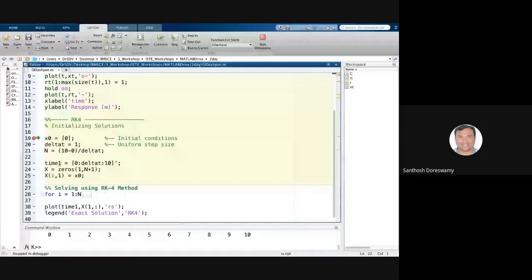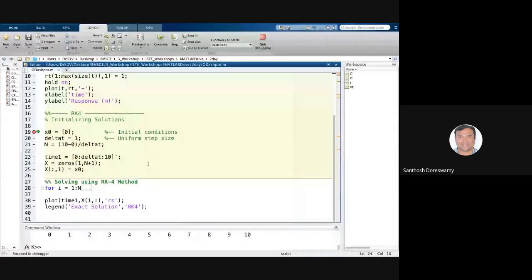Now, if there are n time steps, I will have n plus 1 endpoints, where for each of these endpoints the value of x is to be computed. So I will make a vector of 1 row and n plus 1 columns. First I will populate that x for all the rows and the first column. There's only one row here because it's RK4 for a first order system, and I will start with the initial guess x naught. Once I have all the values of delta t, which is h in the presentation that I gave,